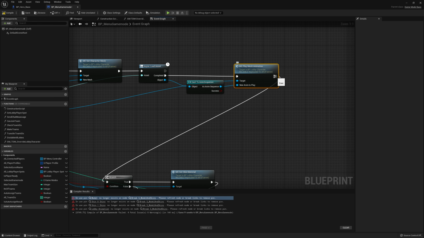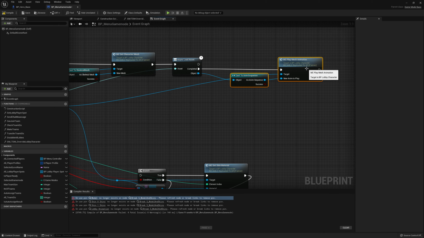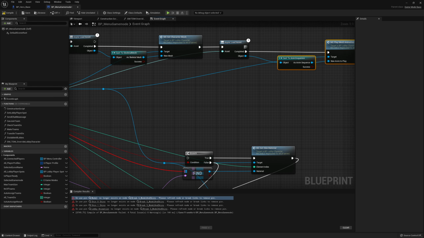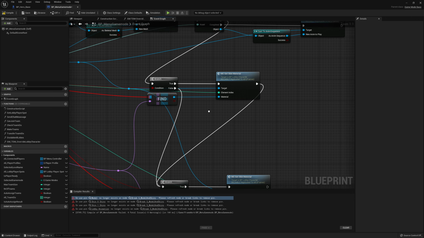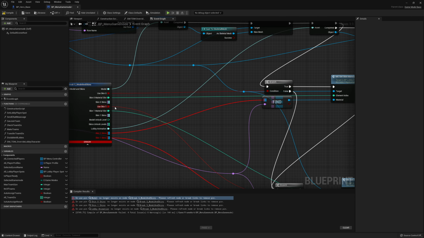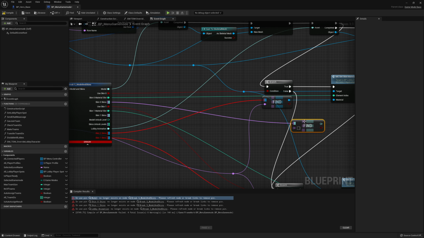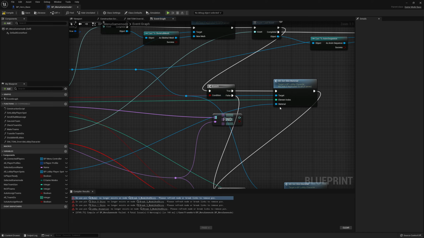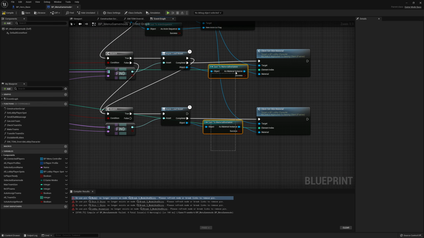Now over here we want to disconnect it at the end because we don't need to wait with loading the skins till the actual animation is loaded. So we can just grab the upper pin over here. Grab this pin, plug it into the branch to check if we're actually using this material slot. And if we are, we want to async load this asset. So we're going to grab our skins 0 skins mapping, and we're going to find, so we can move over our row name, and then we need to cast this to our material instance again. So let's just grab the node from here, cast to material instance,